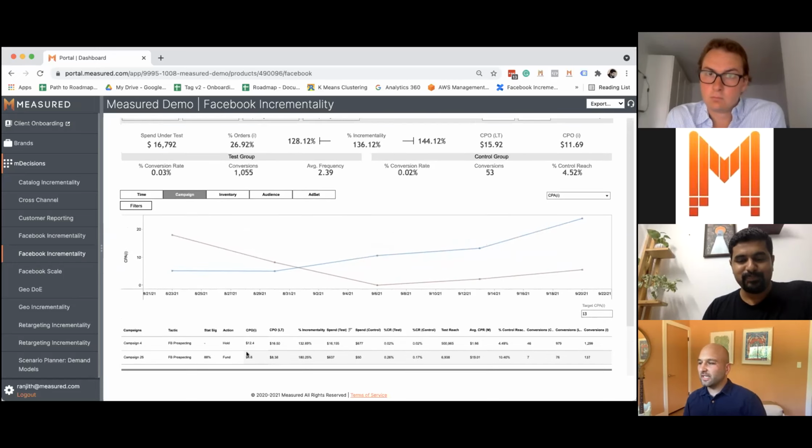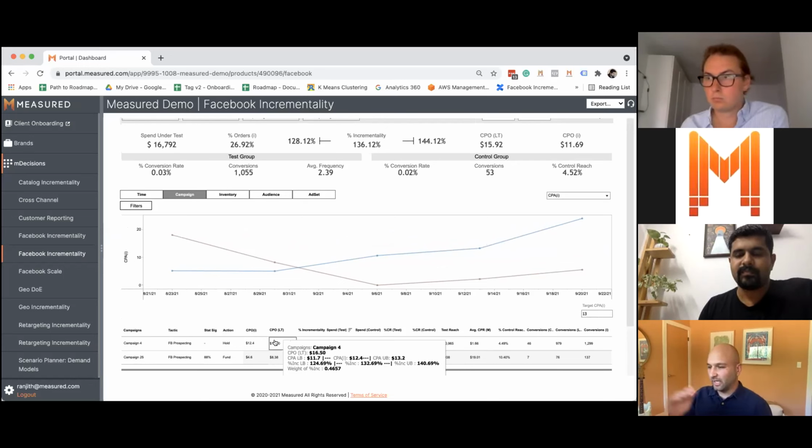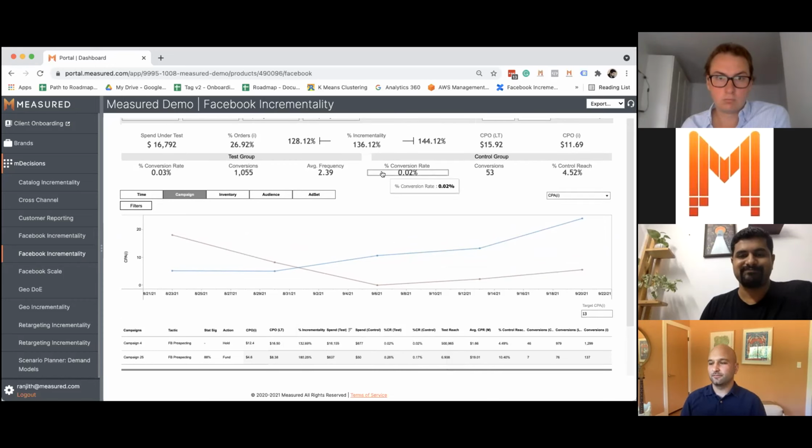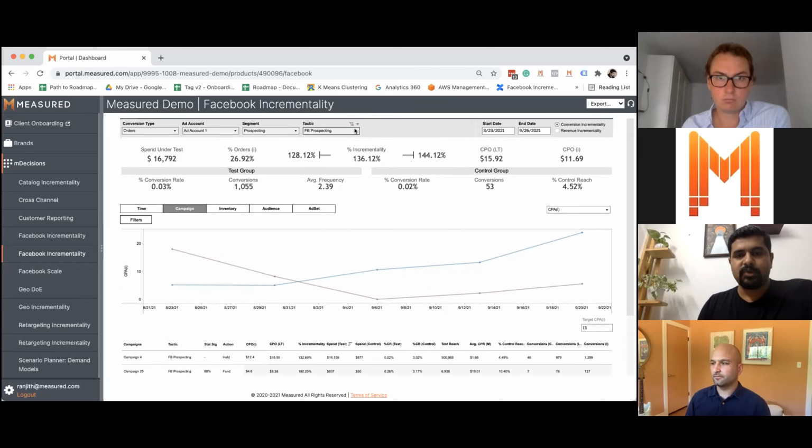Got it. So Ranjit, in this case, you set your target CPA, and we see that the campaign that's only a small percentage of spend has a lot of room to grow, but the campaign that's taking most of the spend, in this case the first one, campaign number 4, has a recommended state of hold because it's generally hovering around that target incremental CPA, right? That's right. Cool, thanks.